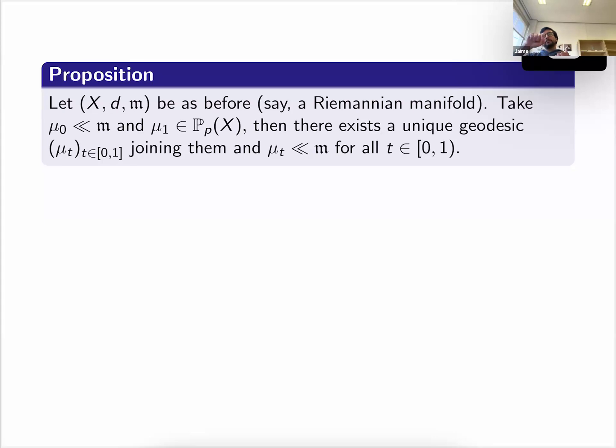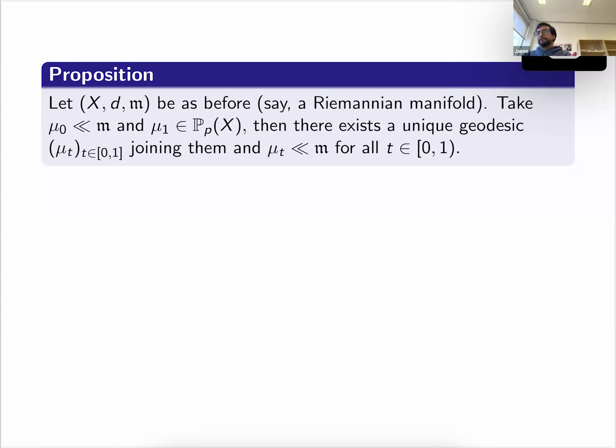And if you move along this geodesic, mu of t will still be absolutely continuous for all time, until perhaps the very end, because I took mu1 to be just some arbitrary measure. So I will move along